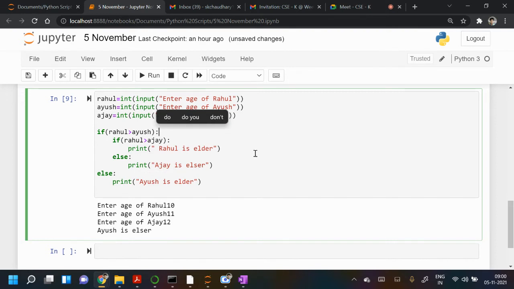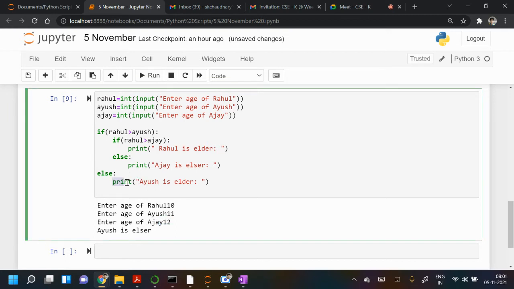Rahul, Ayush, Ajay. Okay. So when Rahul is more than Ayush, I can write the code that you have written, but I wanted to try something new. So check where it is wrong. According to this, the answer should be Ajay. So Ajay is elder.